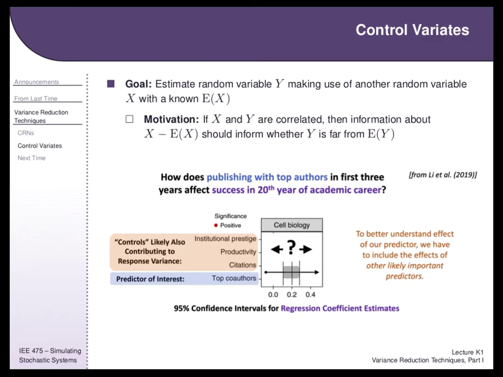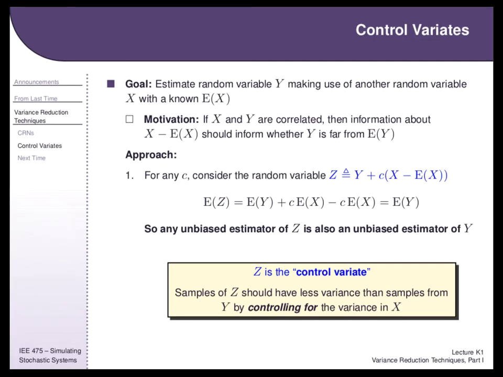And that's exactly like what they did in this paper that I showed in the beginning, where they were only interested in the effect between this predictor and the response variable, but they knew that these predictors would also have an effect, and so they had to model those and subtract out their effect, and that made this effect much more clear. And so what we can do is basically say that if I have an input coming into my sim,